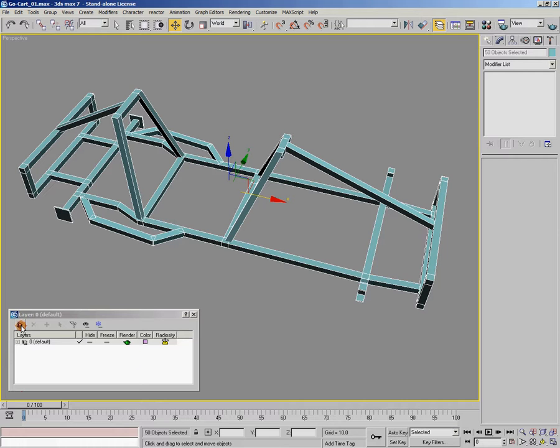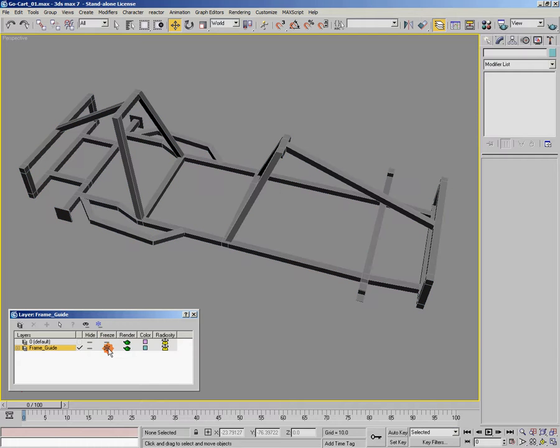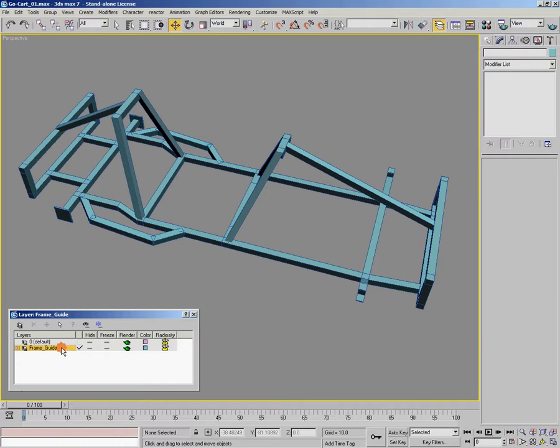Now I'm going to create a new layer, and everything that I have selected gets put into that layer. I'm going to call this frame guide. And now if I go to the display options here, I can hide this layer. And I can freeze this layer also. And also if I go into layer properties,